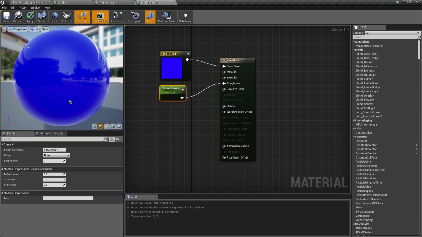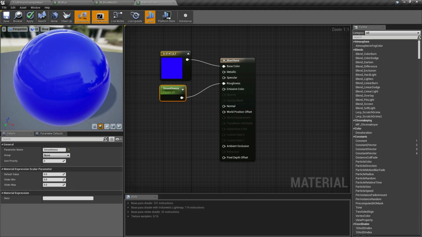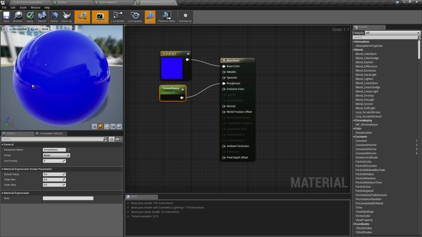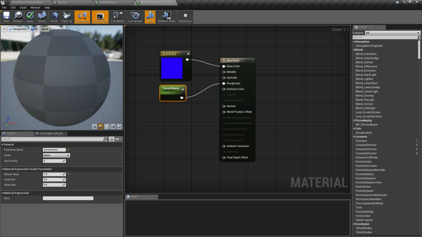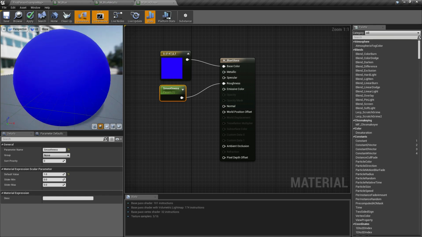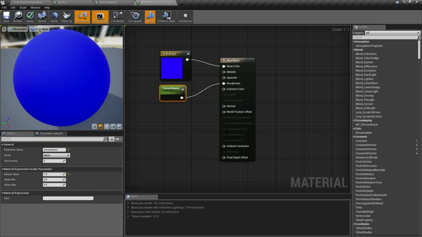So 0 means completely smooth texture. But if we need the complete rough texture, let's just apply 1. So the value that we need to apply is between 0 and 1, to apply the smoothness or the roughness of the material. So this is what complete roughness looks like if we apply 1.